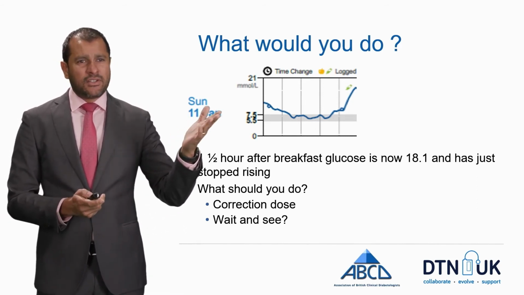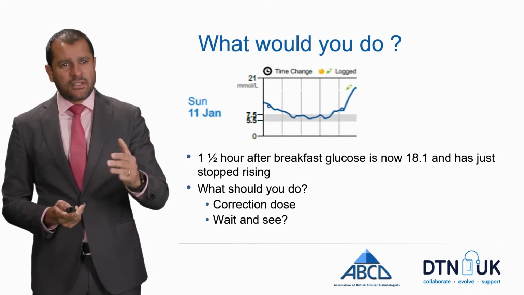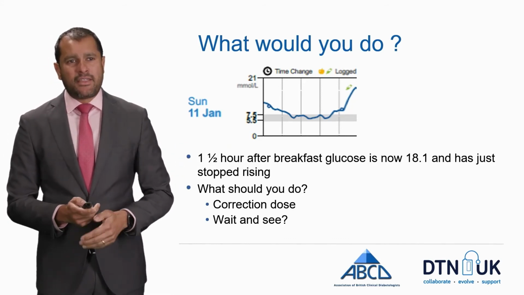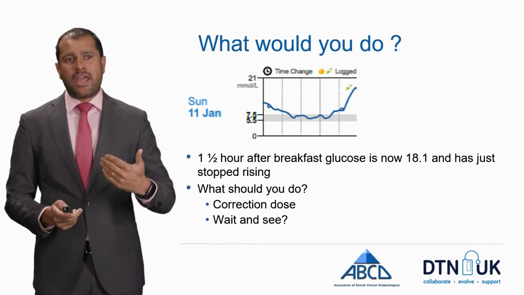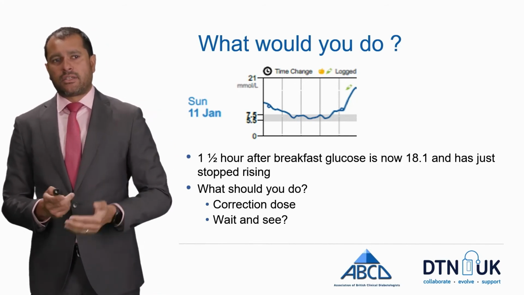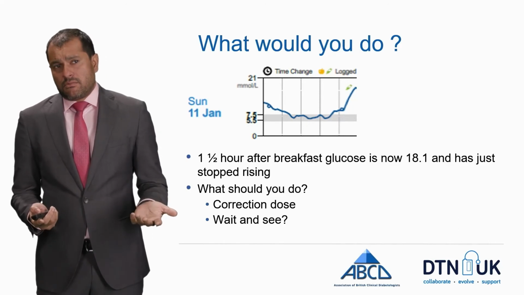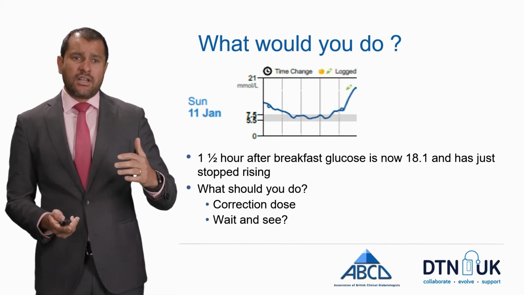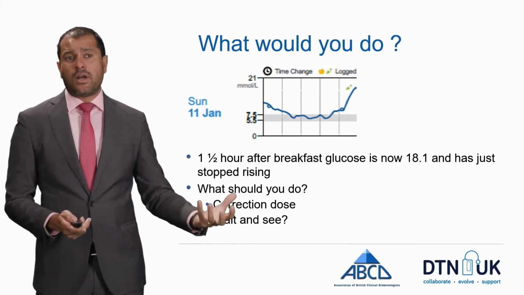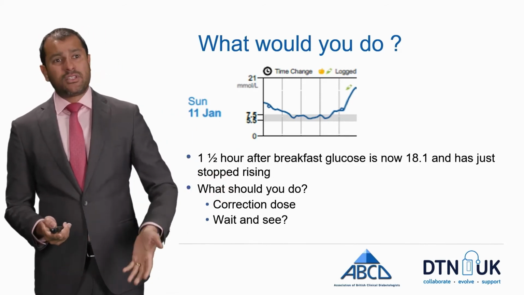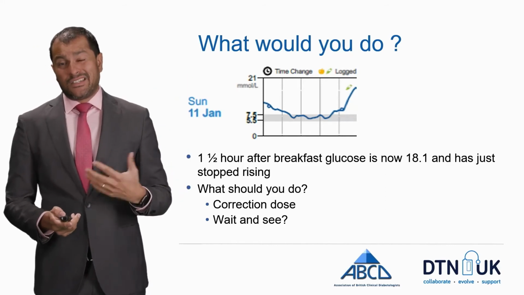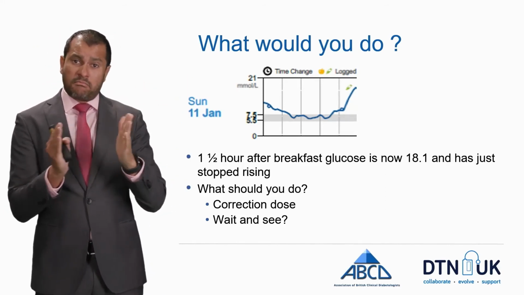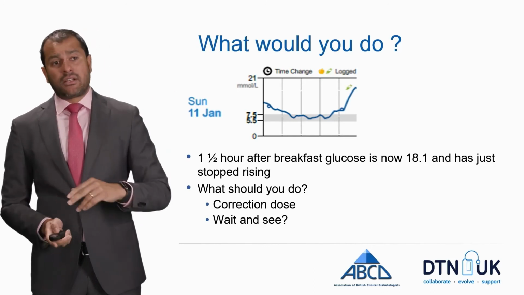This is someone who, as you can see, had blood sugar that was pretty stable through the night, just around about 10 pre-meal, and they'd had their meal, and the blood sugar is now 18.1, and it's stopped rising. So what should we do? Well, as we said, this is the 1 hour glucose. So at this point, the insulin you're taking for the meal hasn't quite kicked in. Because it's risen by about 8, we can suggest that maybe the gap between insulin and meal wasn't big enough, and we would expect the glucose to fall.